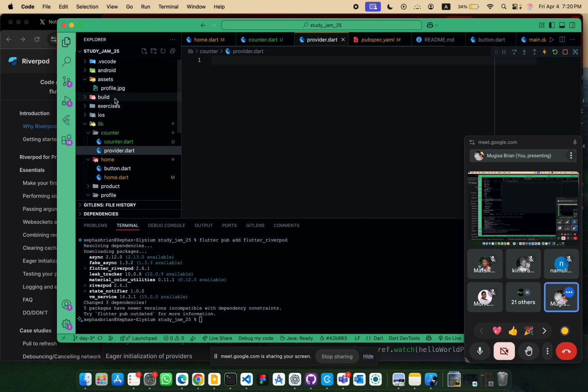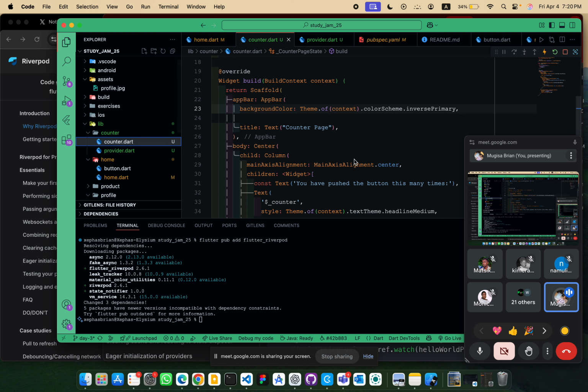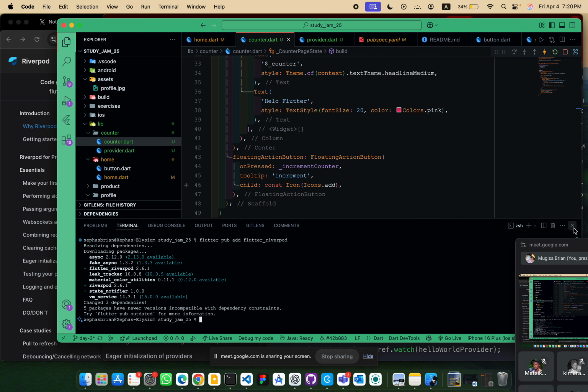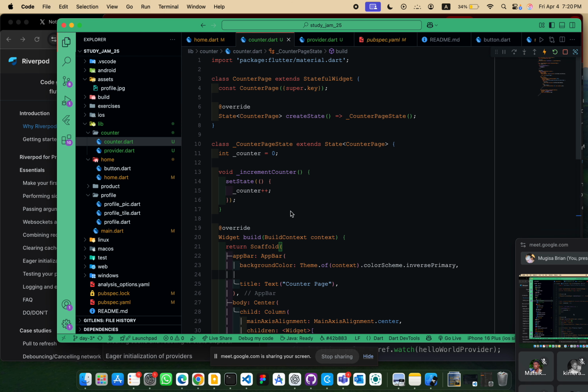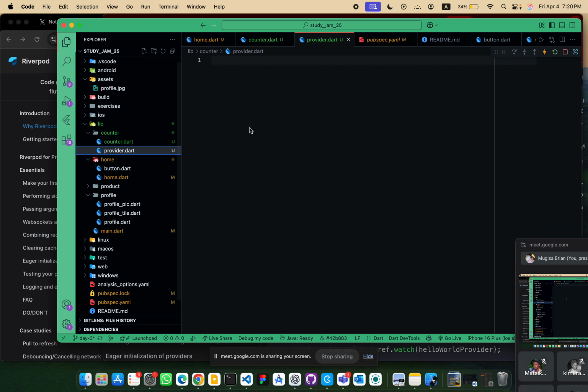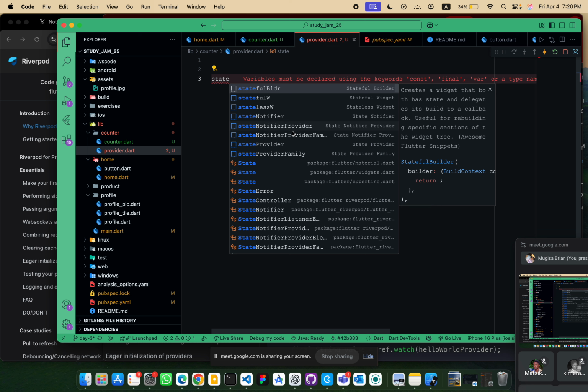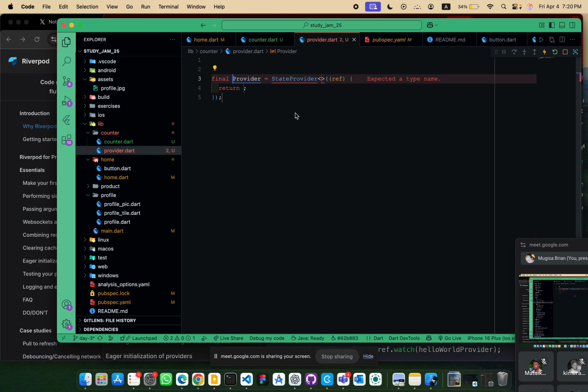So here the issue we are trying to avoid is that we don't want to use this stateful widget, since we have noticed that it doesn't preserve our state when we leave this page. That's why we want to use Riverpod. So for now, I'll create a state provider,